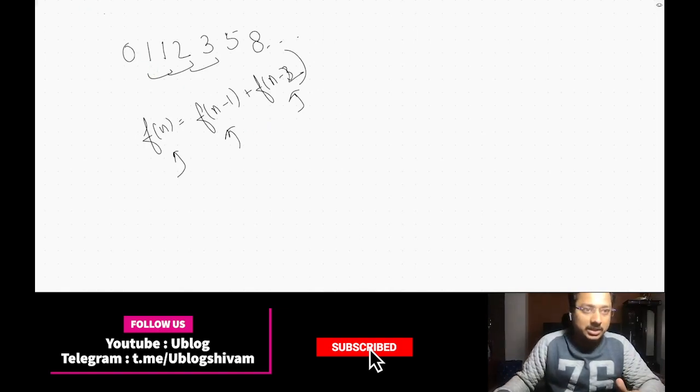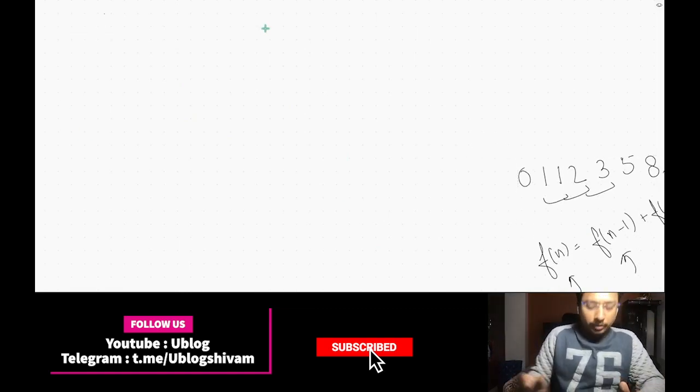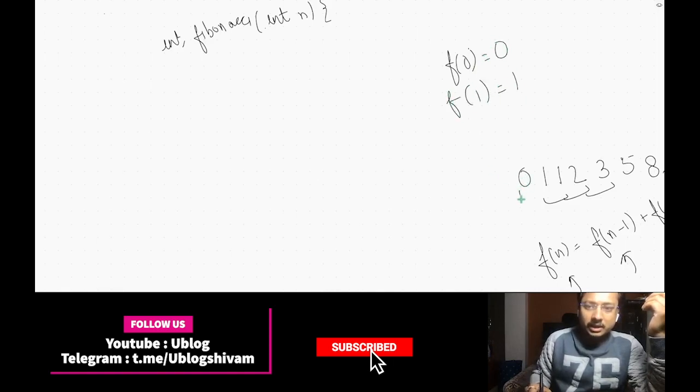So let's just write it right away. The function will return an int, then the function name, and it will take an n for which we want to find the value. So what's the base case? As I told you, f0 is equal to 0 and f1 is equal to 1, the starting two elements.